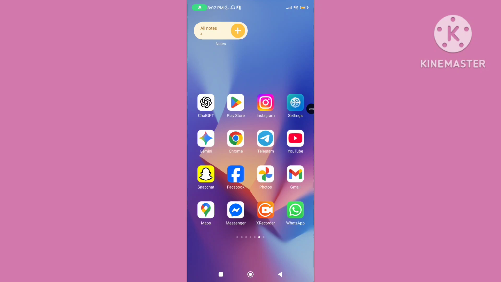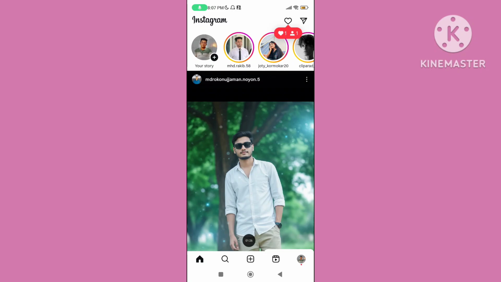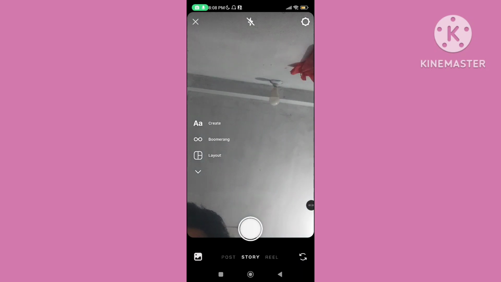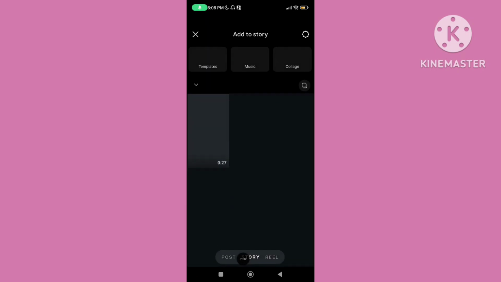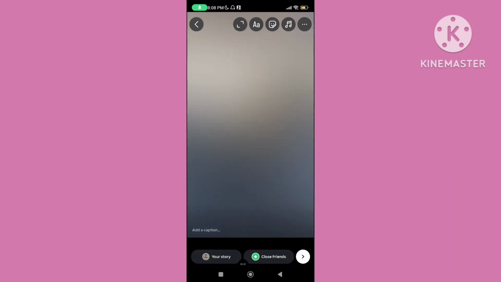Step 3. Restart your device. Again, open your Instagram app. Click on the plus icon. Select any picture. You can follow all of these steps to fix the Instagram story photo editing option or editing bar